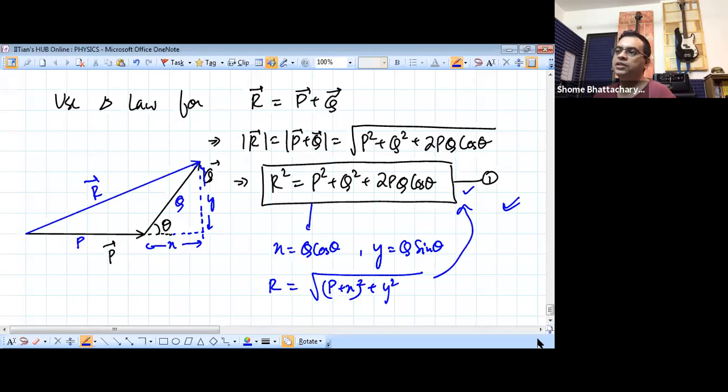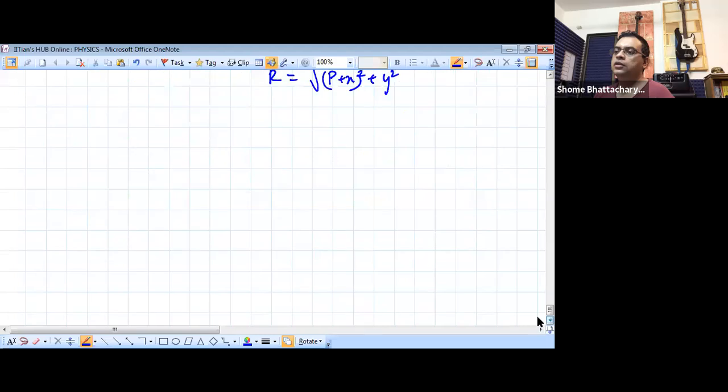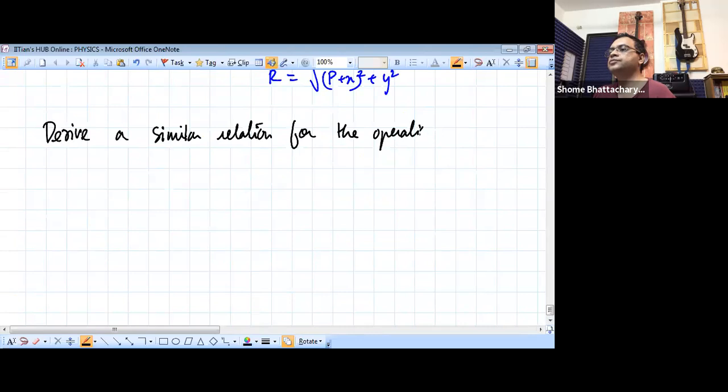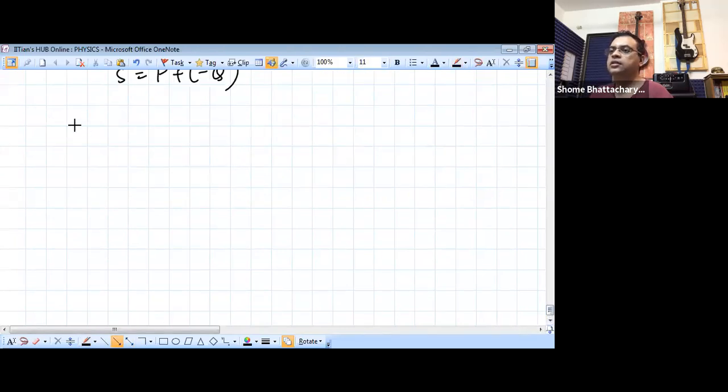Now we'll do something very similar, but for which operation, the second one, which is S is equal to P plus minus Q. So now use a similar kind of relation. So let's derive a similar relation for the operation S is equal to P plus of minus Q. Okay. So given those two vectors P and Q now, you see that if P was this vector